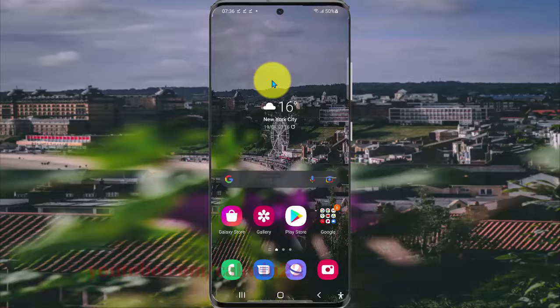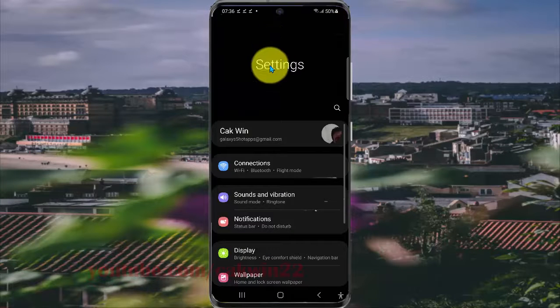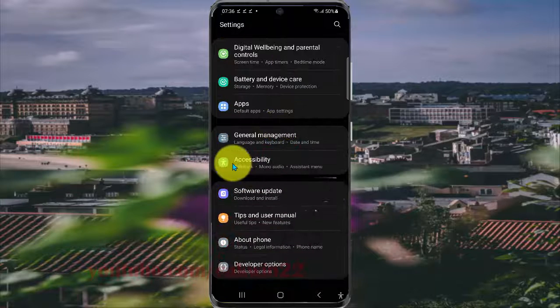To set volume up and down keys as Amplify ambient sound in Samsung Galaxy S21, S21 Plus or S21 Ultra, open settings, swipe the notification panel, and then tap settings icon, scroll down settings screen, find accessibility, and then tap accessibility,